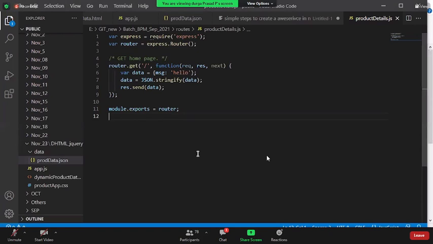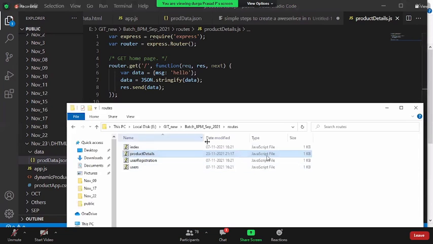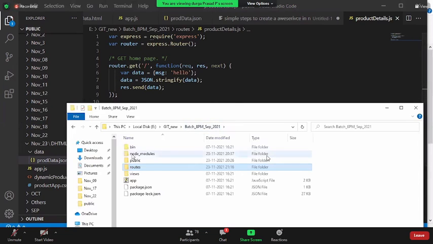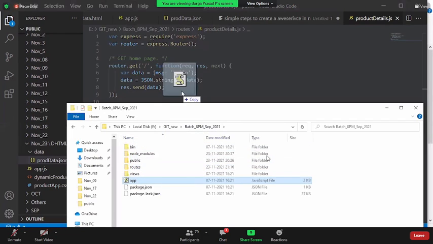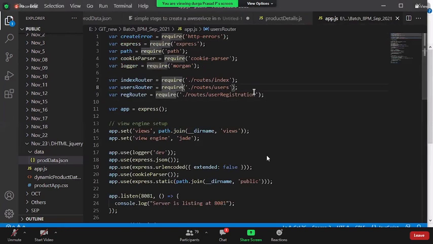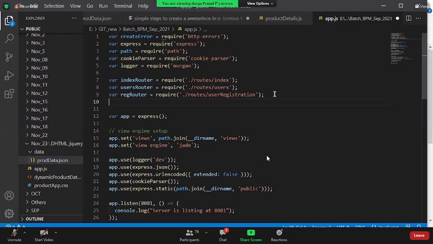But the second step is, as I already discussed yesterday, this is a web service. Web service will be identified using what? Using what? URL. Unique URL, isn't it? Now I need to go with that URL also. How do you specify that URL? Now you go into the app.js file, drag and drop this app.js file. At line number 9, you already have this. Who added this registration? I haven't done this.